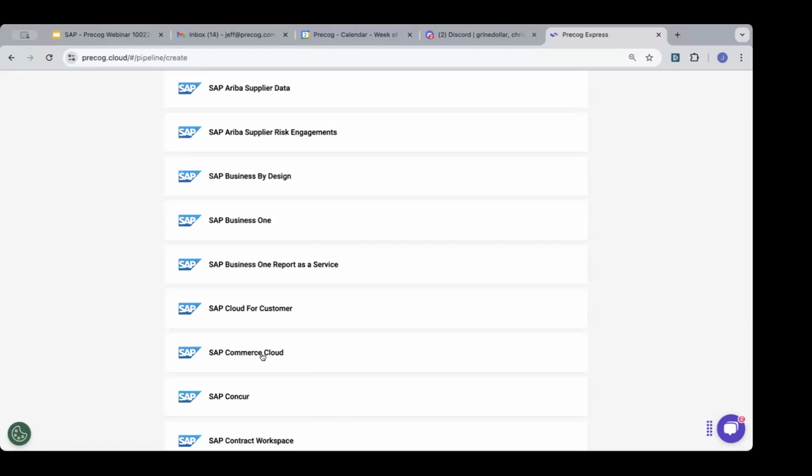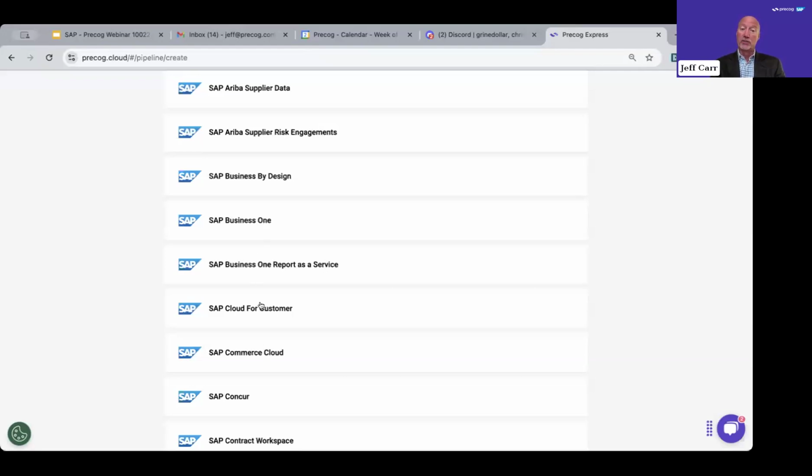I think you've already asked this one, but how long does it take to get Precog working after purchase? Again, typically the platform can be up and running and loading data into Datasphere within the same day. Assuming you have credentials for the application you're connecting to, again, be it SAP or non-SAP, you can start flowing data into Datasphere typically the same day.